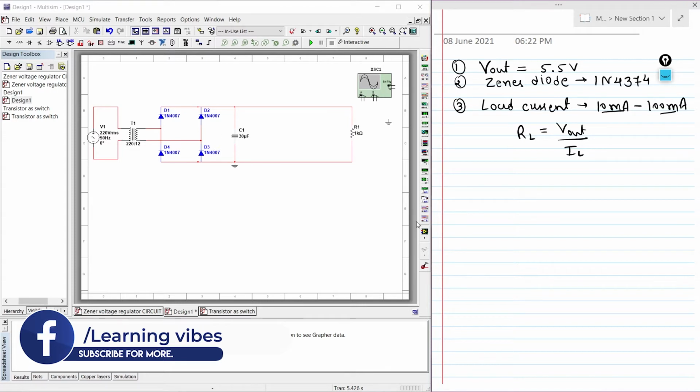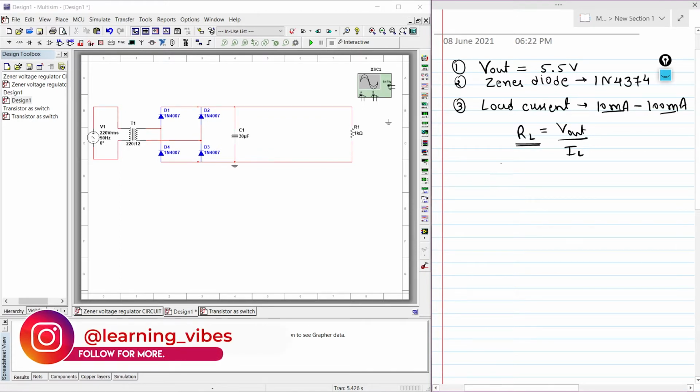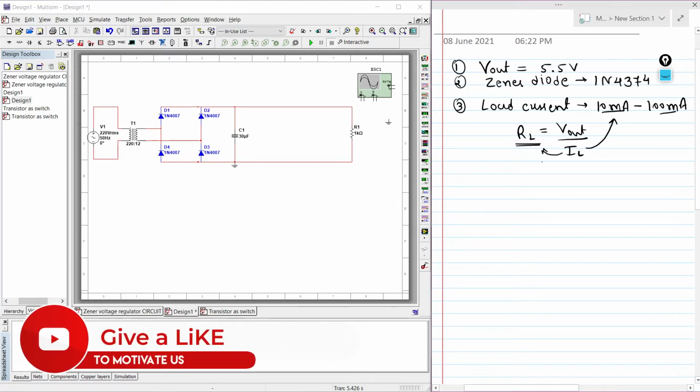So for this range, we will get two values of RL, a minimum value and a maximum value. It is very simple from this observation. When load current is minimum, then load resistance will be maximum, and when load current is maximum, load resistance will be minimum.